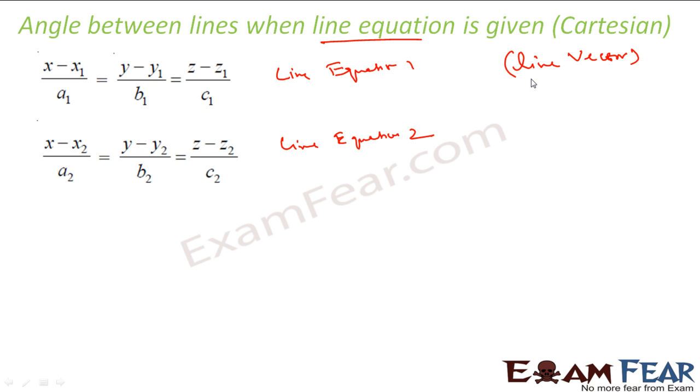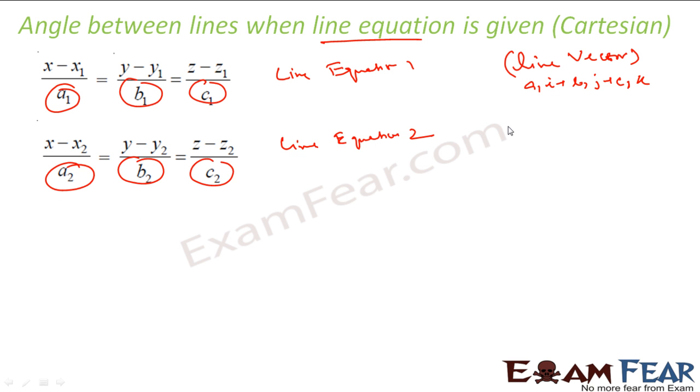So in this case, my line vectors are a1, b1, c1, for the first case a1i plus b1j plus c1k, and for this the line vectors are a2, b2, c2, a2i plus b2j plus c2k. Why? Because this denotes a line that passes through x1, y1, z1 and is parallel to a1i, b1j, c1k. Because this line, if you write it out, will be